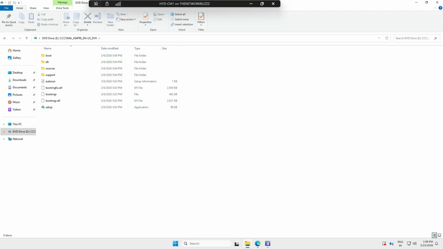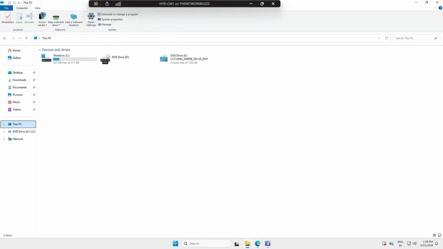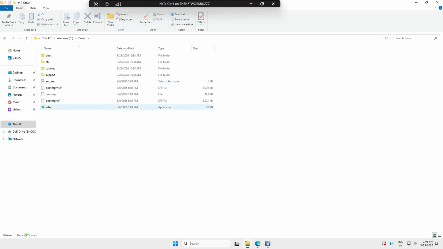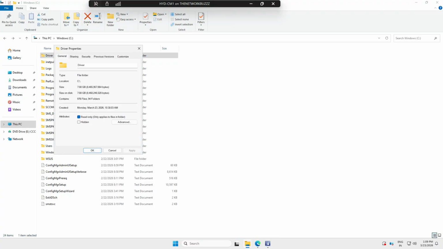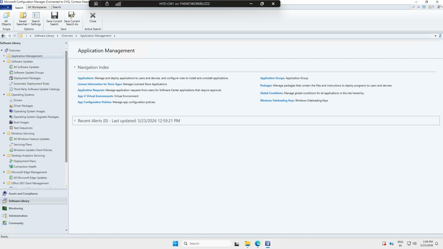So exactly we are looking for this extracted data and the specific setup.exe file. You have to copy all this content to a network drive, which you can share and in the SCCM. So I've created this drivers folder and I have given the network permissions to this folder. So what I'm going to do is I'm simply going to copy this network drive in my SCCM. So once you have the ISO and once you have extracted to a network path, copy the path location and come to